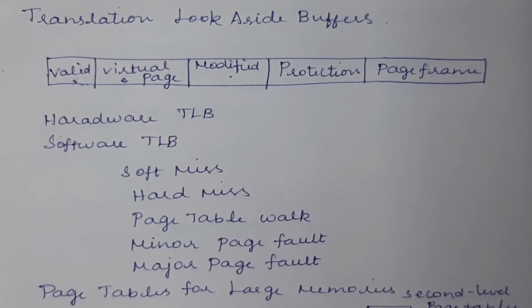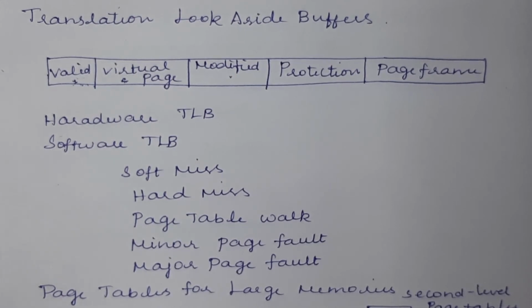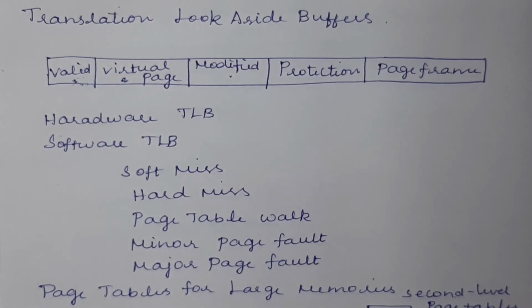This takes more time. A hard miss is extremely slower than a soft miss. In a soft miss, the page we are searching for is not available in the TLB, but it is available in main memory, so very soon we can get that page from main memory. But if the searched page is not available in main memory itself, that is a hard miss, which means we need to transfer it from one of the secondary devices such as disks.